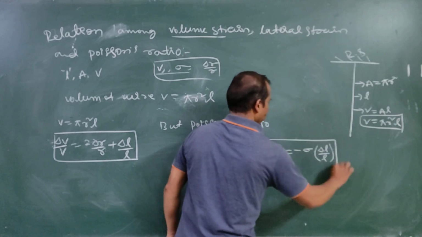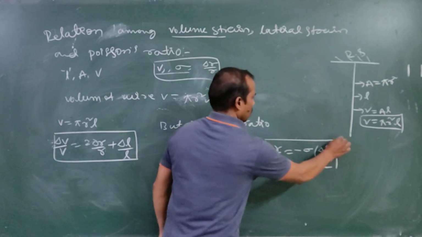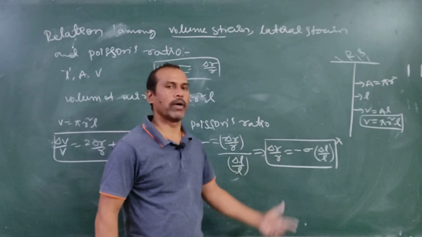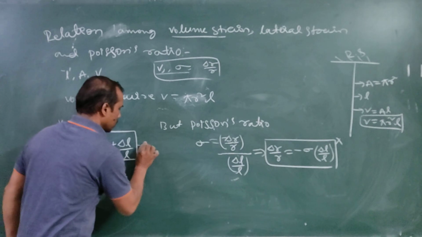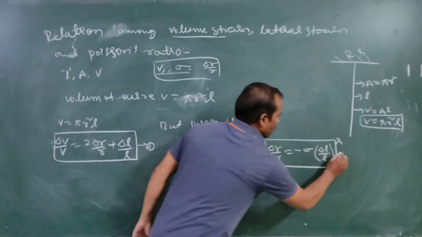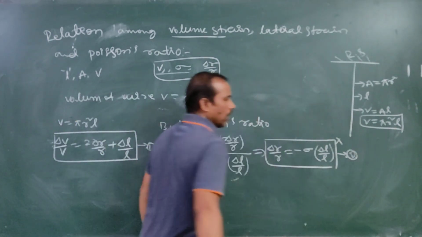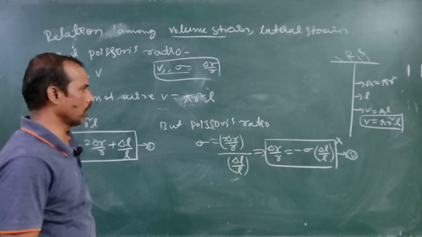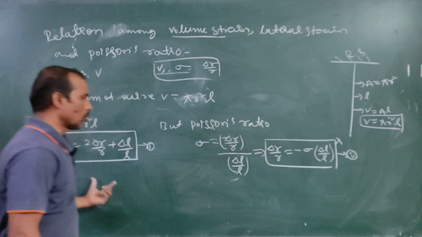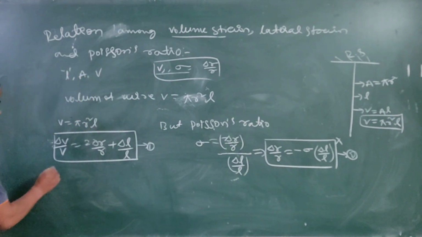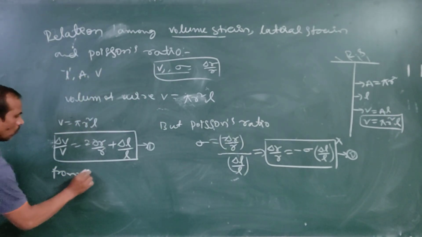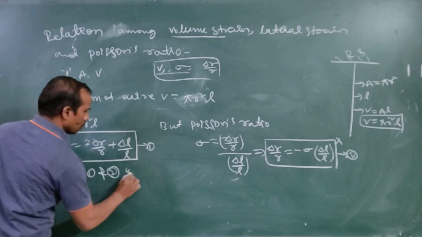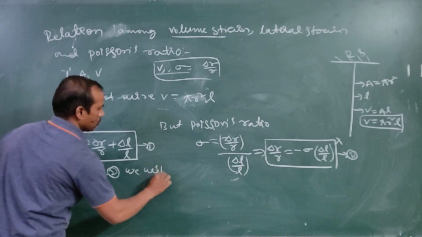Here delta R by R is equal to minus sigma into delta L by L. This is equation 1, and this one is equation 2. Substituting equation 2 in equation 1, from 1 and 2 after substitution we will get